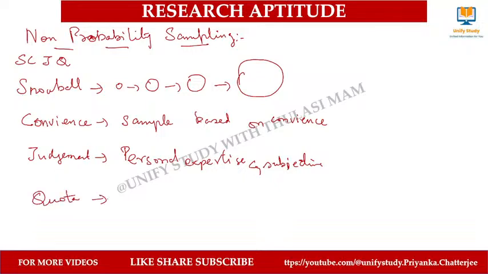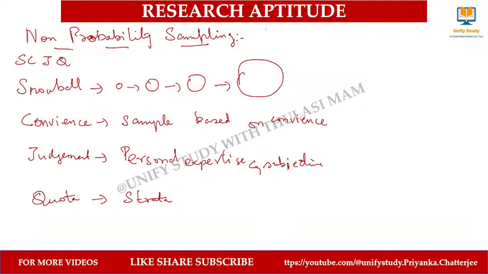Quota means a group of people. Group of people will be there, and based on those quotas, when the sampling has been done, we call it quota sampling. This is also a similar kind of creating groups, creating a status, but it is being done based on the researcher. The status will be formed, and then data will be applied. And this we call non-probabilistic sampling.